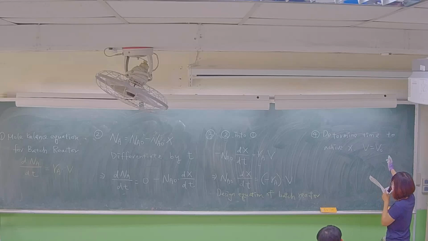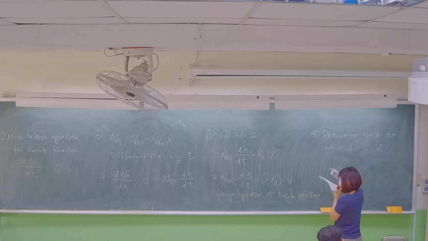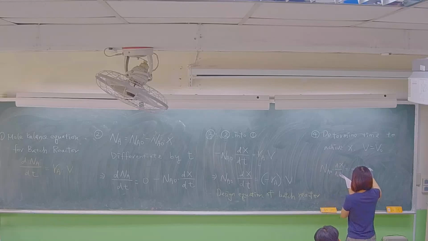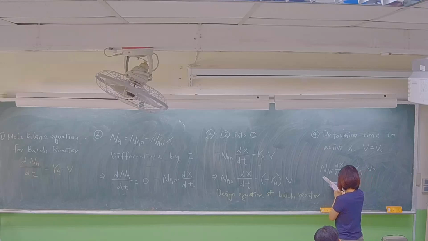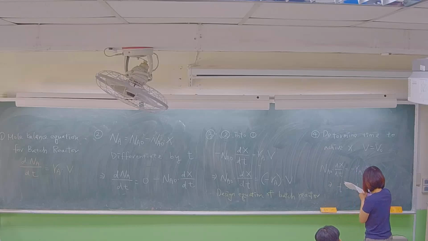If V is a constant, what is the time to achieve X? So starting from here, from the equation in the third point, you have this one. Then do some calculation. Okay, please do it by yourself. Do some calculation, you can get